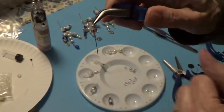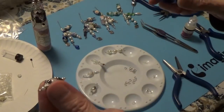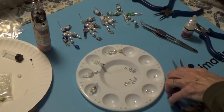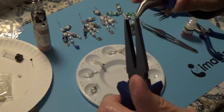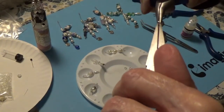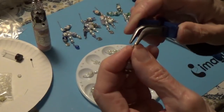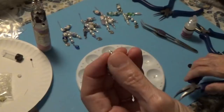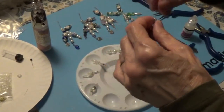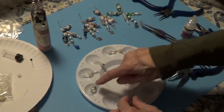So I got that on the top. So now I just need to take the bead that I want, and I just put that on there. And I close it. Okay, we got one. Now on the O-ring that I just put on, that's where I'm going to attach the